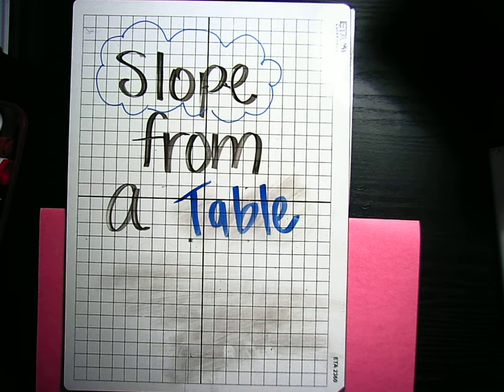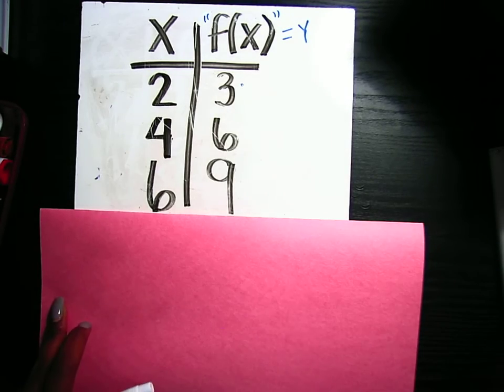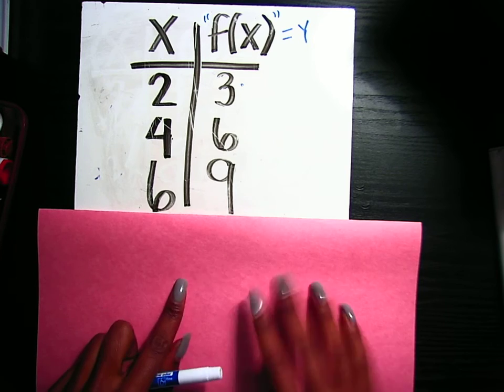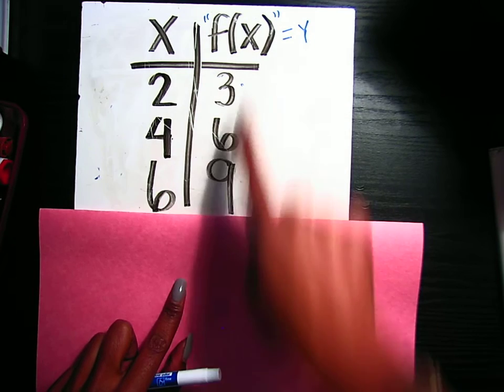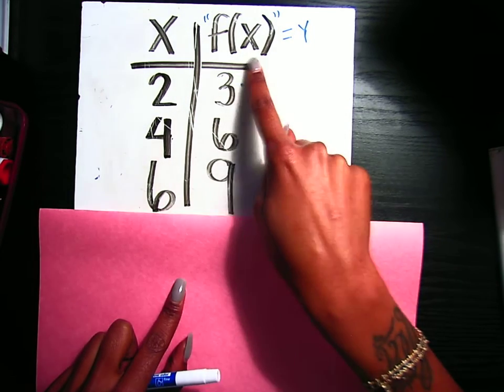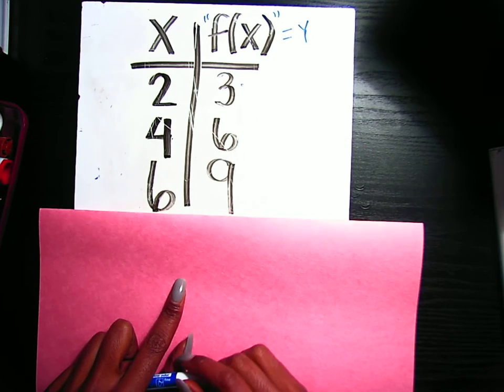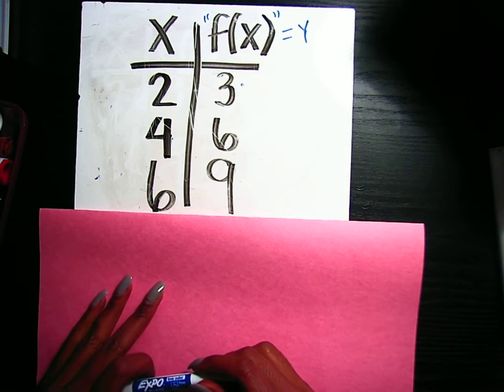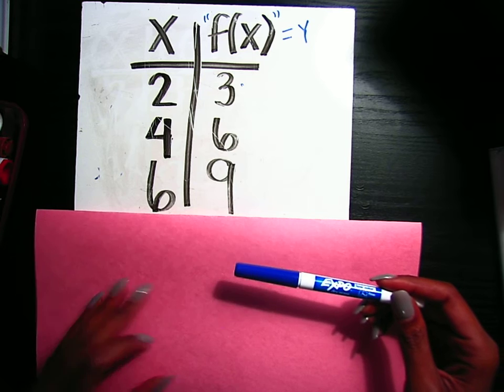Now that we have the equation for slope, let's figure out how to find slope from a table. So here we're given a table with the x column and the y column. Don't forget that f of x is a nickname for y, okay? So to find slope, we're just going to use the equation that we wrote down in our previous example and